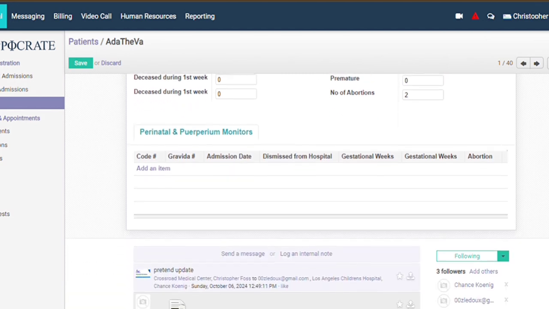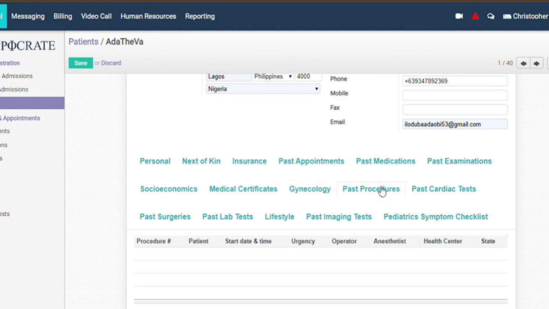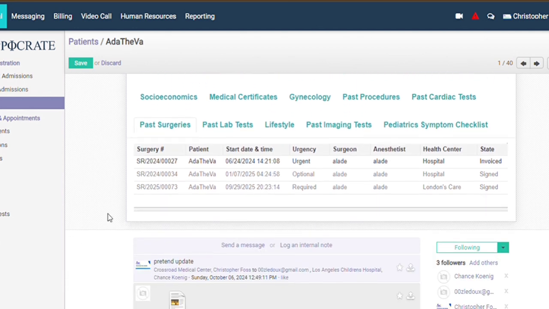So now we're going to past procedures. There's nothing there. Past surgeries. So you can see the surgeries that she has had over the past years. You can see the time, you can see the years, 2024, 2025. One was urgent, one was optional, and the other one was required. Okay,